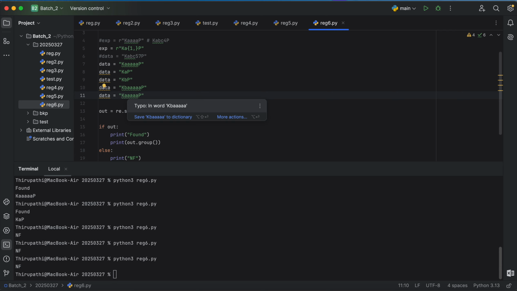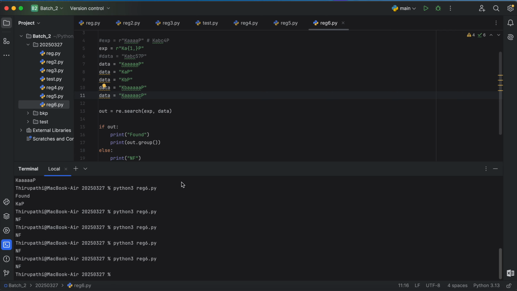See, after 4 A's or 5 A's or 1 A, if you give anything, C, I'm giving C here. Now also it will be not found because our expression is telling clearly after K, multiple A's, and P. Then only it will match,